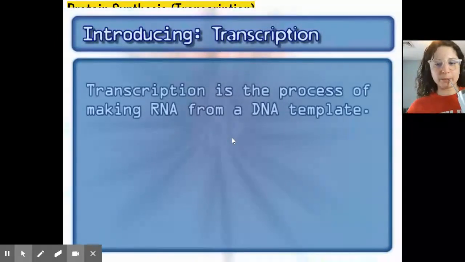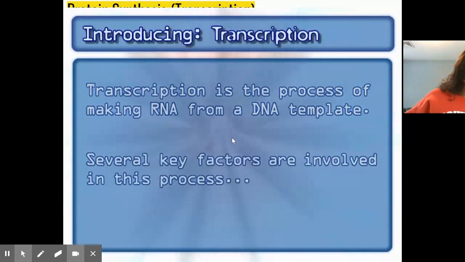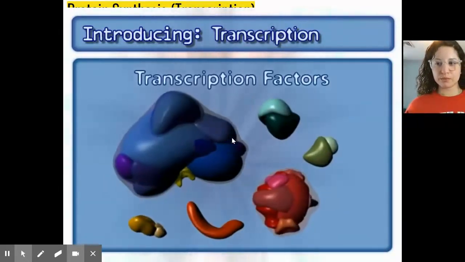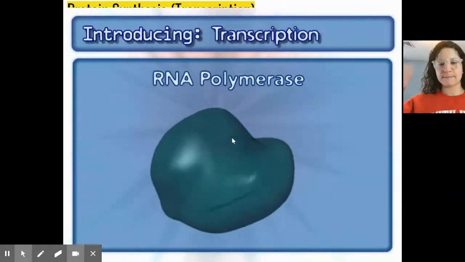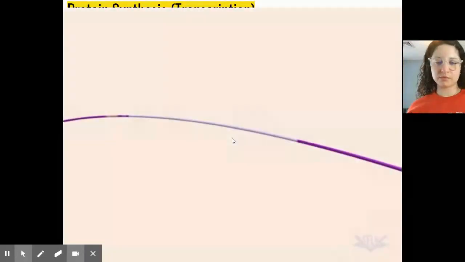Transcription is the process of making RNA from a DNA template. Several factors are involved in this process, including RNA and ATP. Transcription